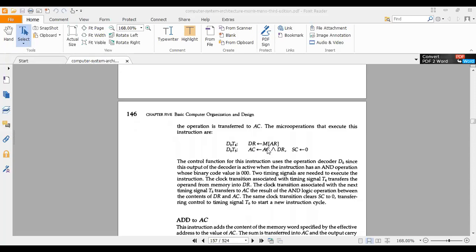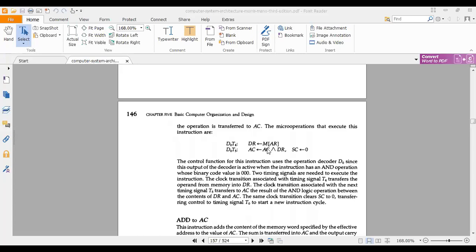So A is a data, B is a data. So A data must primarily be at the accumulator and the B data must be at the address part, and that address part data, that is the second data, must be at the data register. After bringing the data into the data register, now you are going for ANDing operation or ORing operation, whatever your choice, either D0, D1, D2, D3.